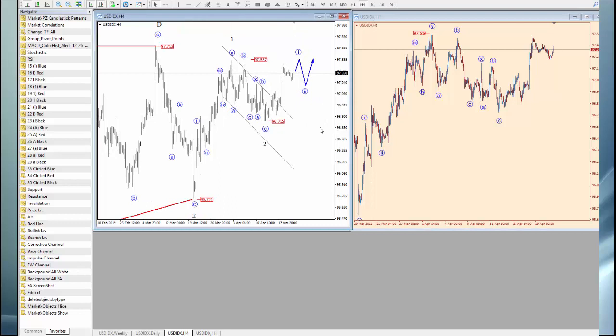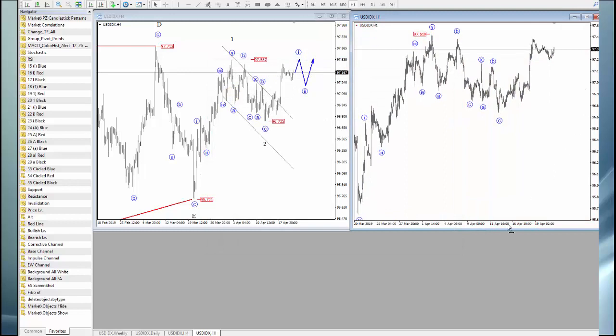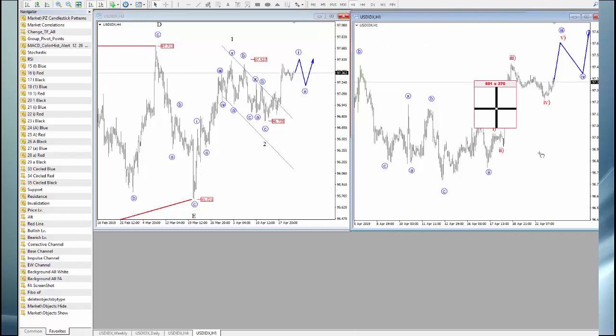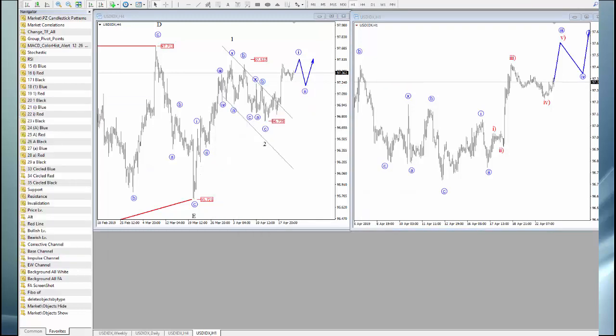As you know, I've been talking about this correction to the downside and the reversal higher that I was expecting, and so far, as you can see here on the intraday chart, this can be an impulse in progress. This could be a leading diagonal for wave 1, then you have a wave 2 pullback, and you would expect higher prices for a wave 3. Also, here are the subdivisions of wave 3. I will just make a quick screenshot here. So the idea is that